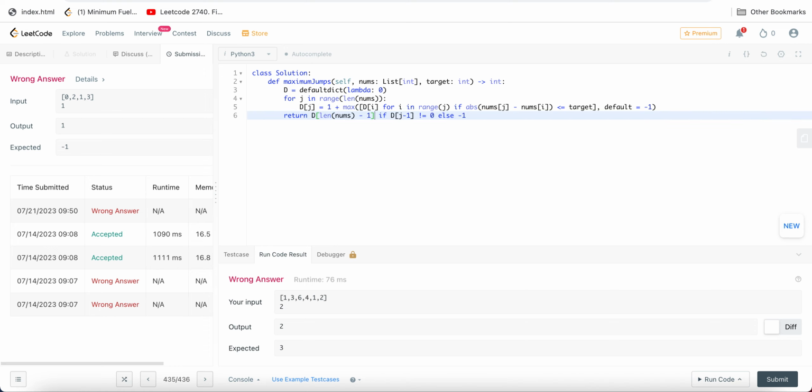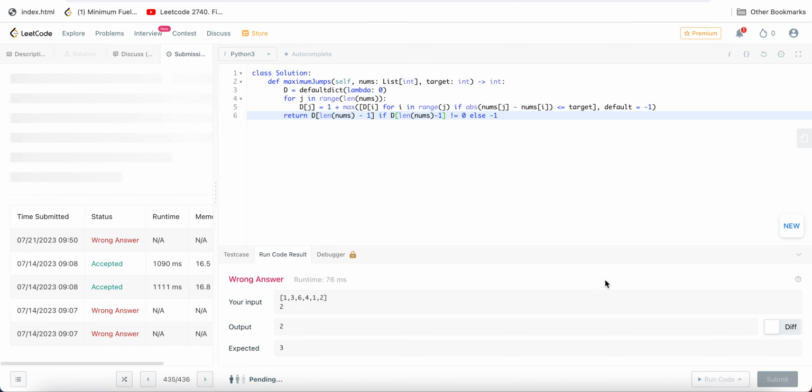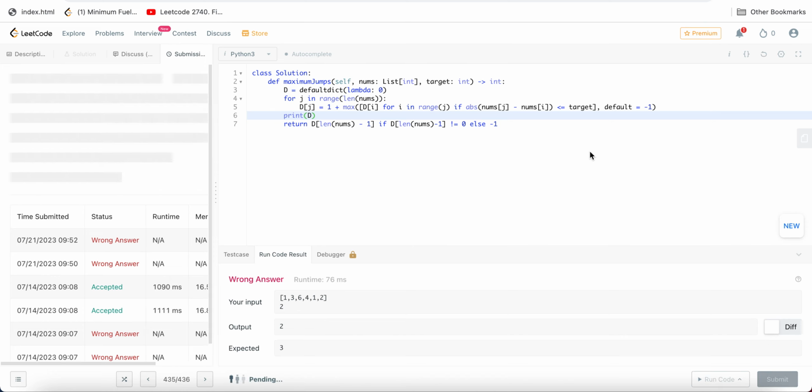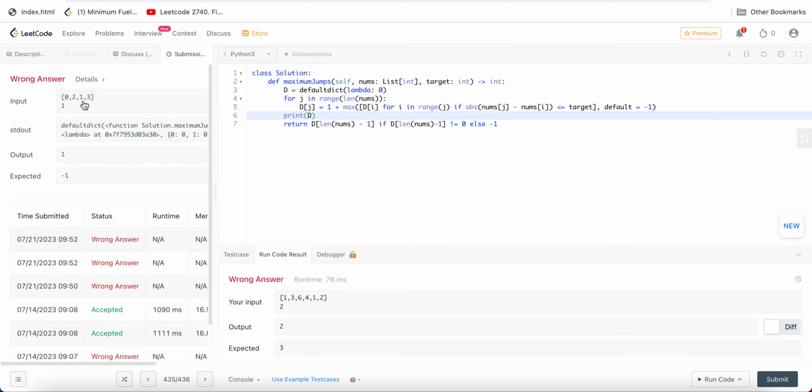Can't believe I'm getting this wrong. What am I doing wrong here, guys? It's so weird that this doesn't really seem like... So let's print D here, because that's kind of the meat of this problem, right? So what am I doing wrong here? So in this example,